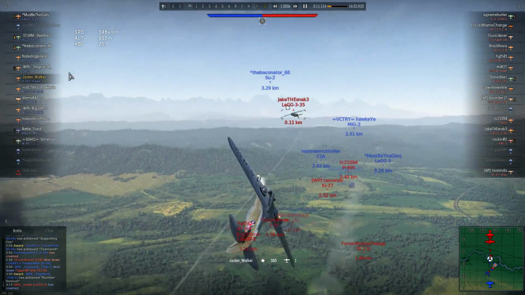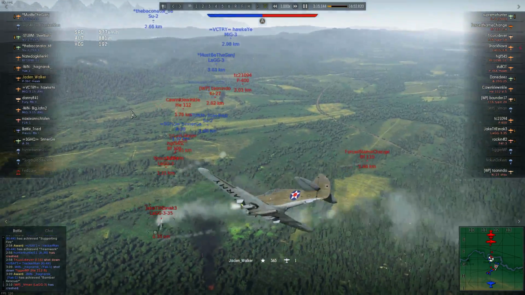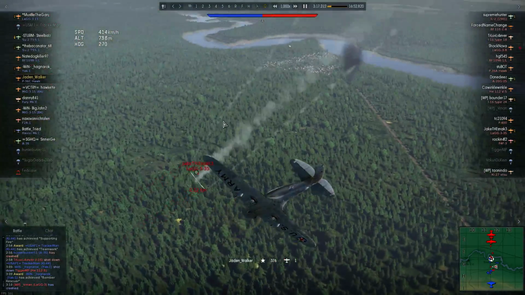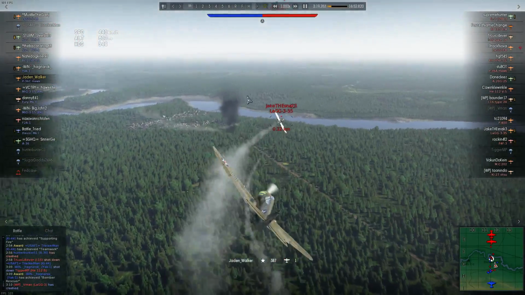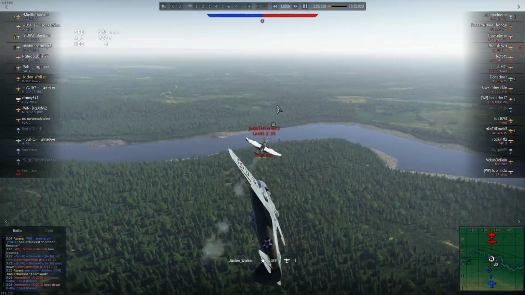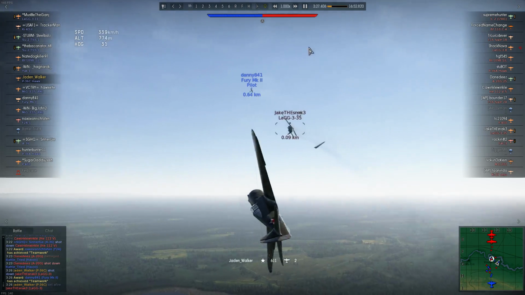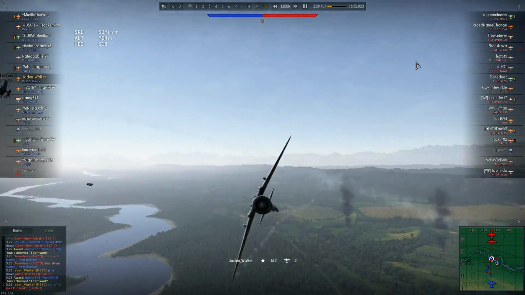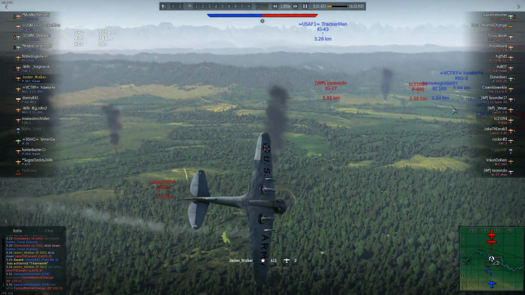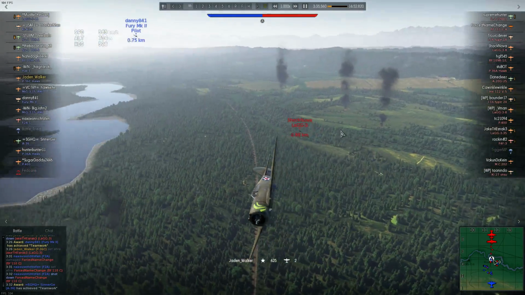So this little engagement here leads quite well into tip number 8. Maintain your energy. What that means is, when you're dogfighting, you want to keep your plane's energy in a state that is most advantageous. Now, that wasn't very well demonstrated in that particular fight, but